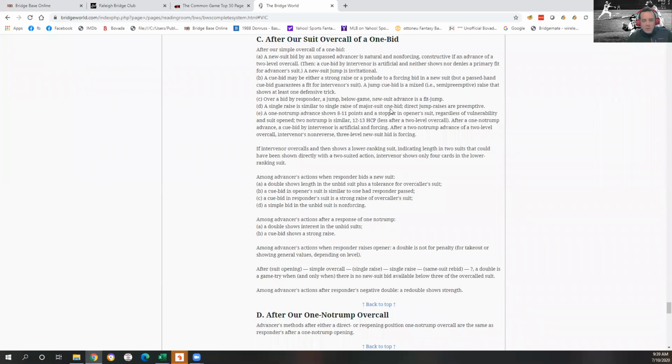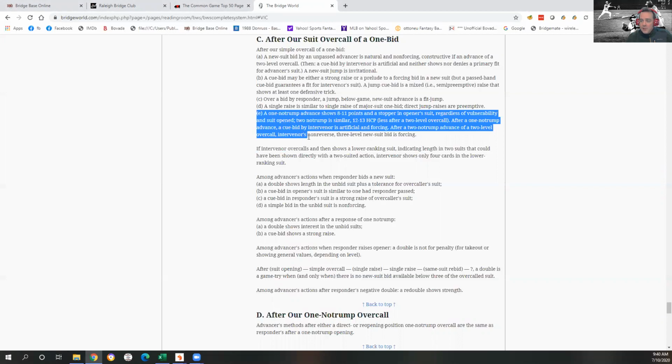I've got Bridge World open here, the 2017 standard, because I had something that I wanted to look up just as a sanity check. In particular, it was what should a one no trump advance of a one level overcall look like. And here we actually go down to section CE, I found it. And it says shows 8 to 11 support, a stopper in opener's suit, regardless of vulnerability in suit open. Two no trump is similar, and so on. And we'll talk about a hand where I wanted to double check that information later on when we're doing our